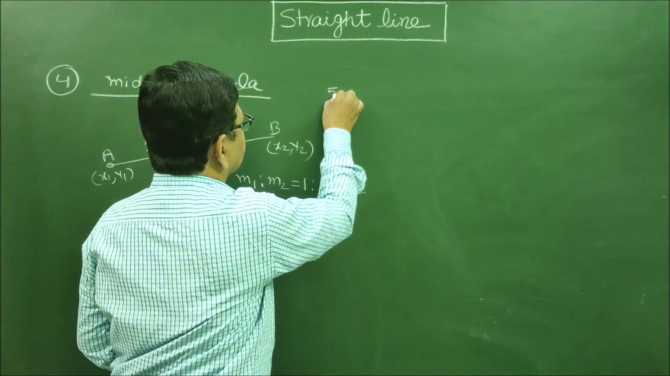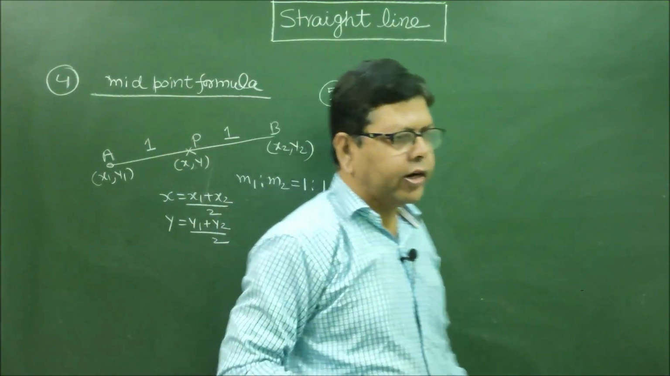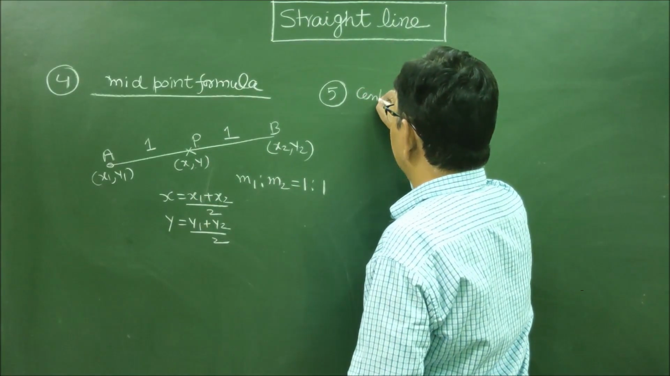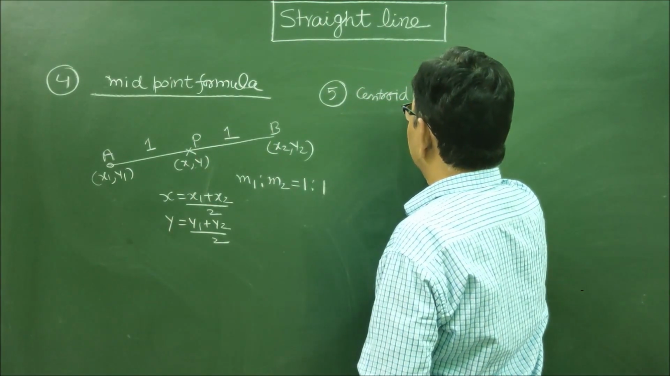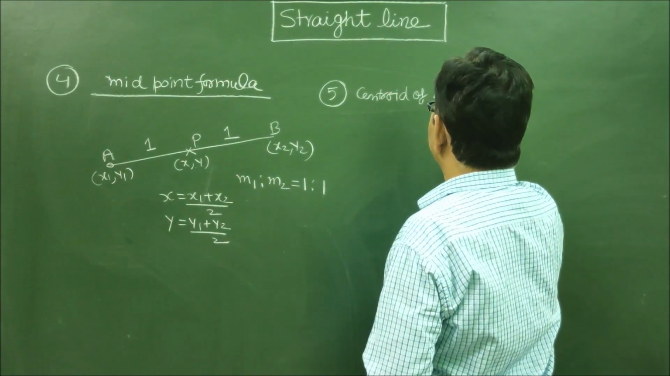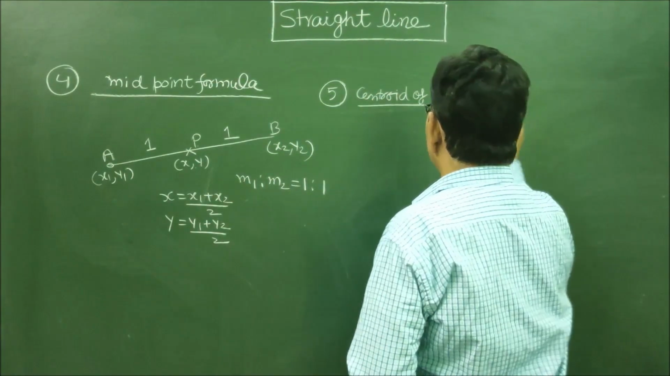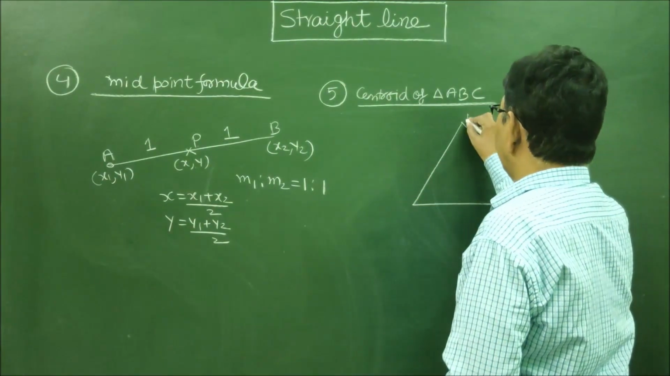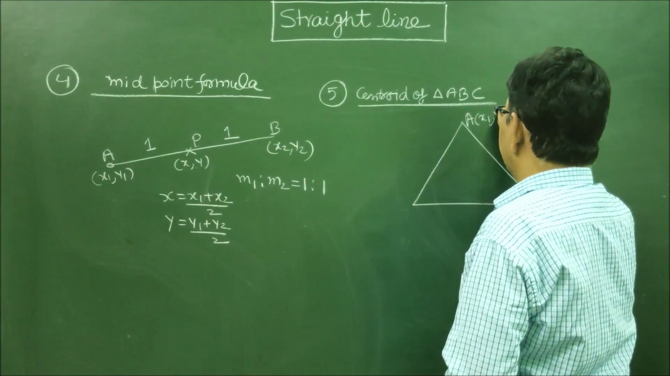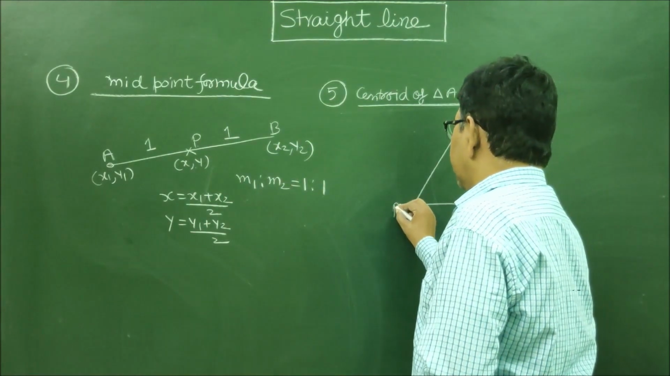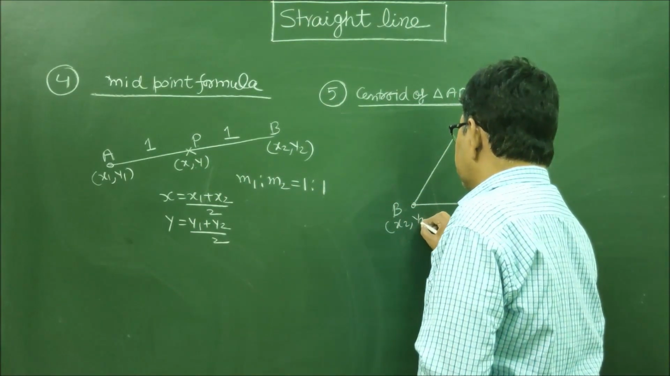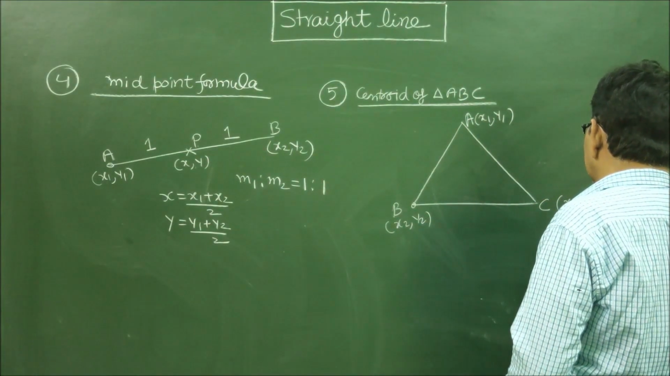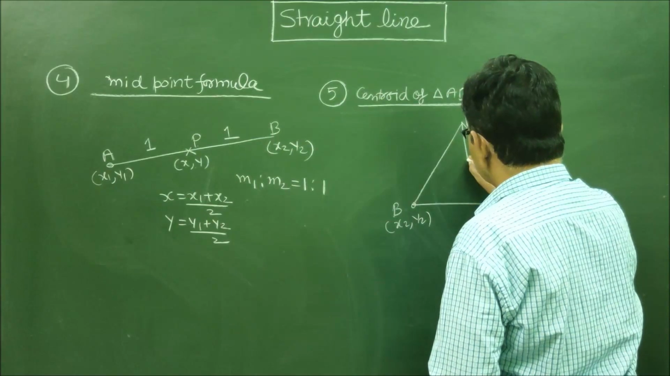Now the next is centroid of a triangle. How to find the value of centroid of a triangle whose vertices are given? Centroid of triangle ABC. If we have a triangle ABC, A point has the coordinates x1, y1, B point has the coordinates x2, y2, and C point has the coordinates x3, y3, then centroid is the point of intersection of the medians